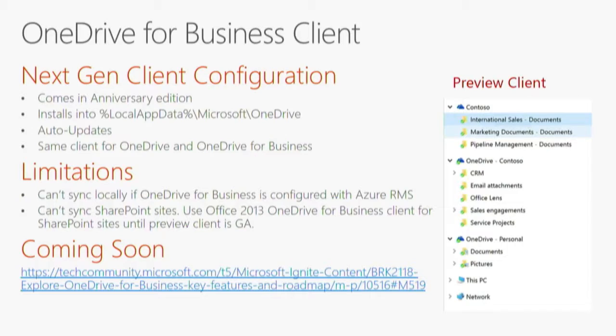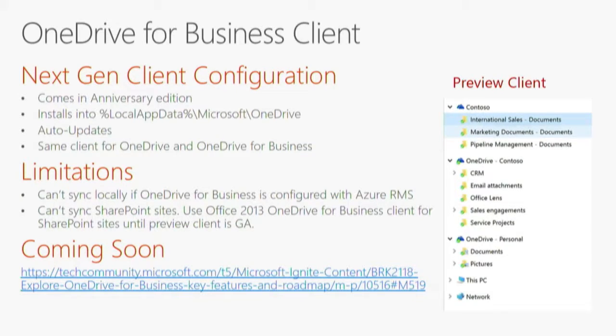The next gen client, so there is a new client. If you've got the anniversary build, it comes with the anniversary build. It's kind of those virus type applications that install into your local profile. The OneDrive next gen client is like that. There's reasons, and I can understand the reasons, but when we talk about Google Chrome and the fact that it could do it, it's like, oh, Google Chrome and stuff like that, but we do it ourselves. Auto updates,